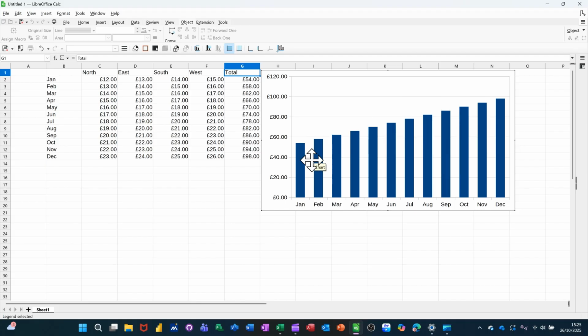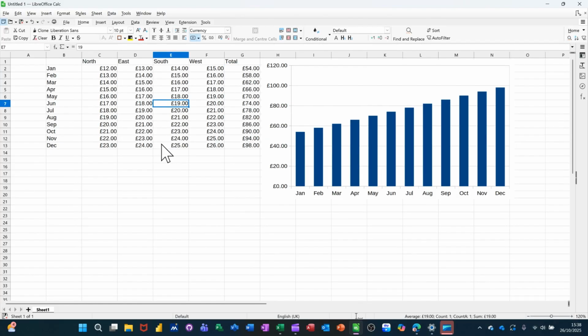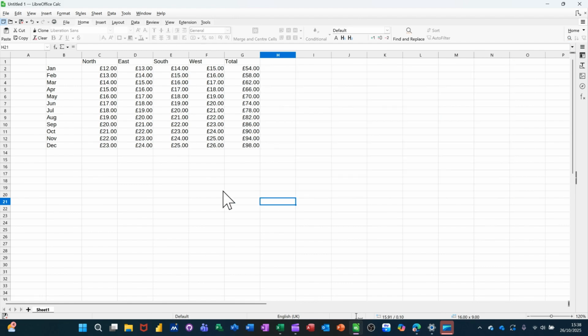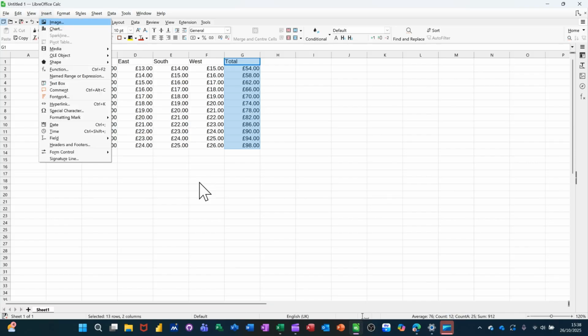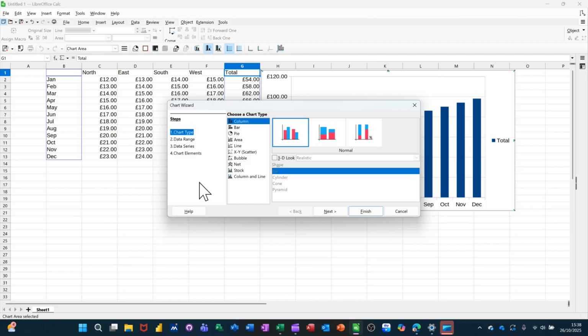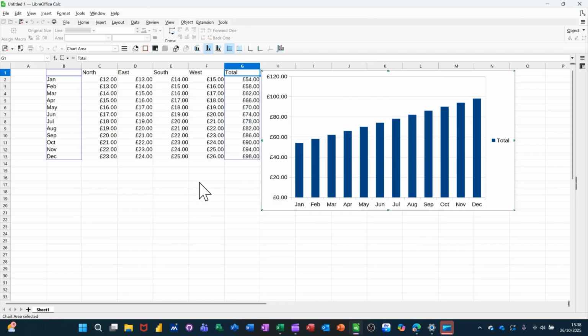So just to recap, to create a chart using non-adjacent columns, you must hold your control key down while you select those non-adjacent columns. For those of you that like using key commands, you can use key commands in LibreOffice Calc. What I'll do first off is just get rid of this one, delete this off, and highlight the same information. So I'll highlight that column, hold my control key down, and highlight that column. The key commands are Alt-I, C, and then Alt-F,